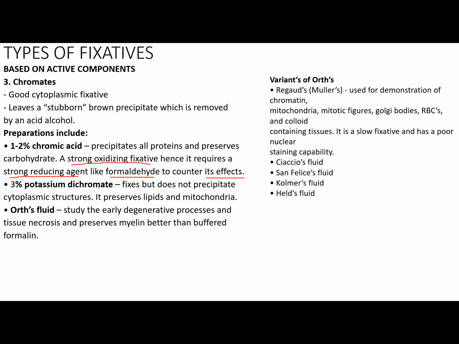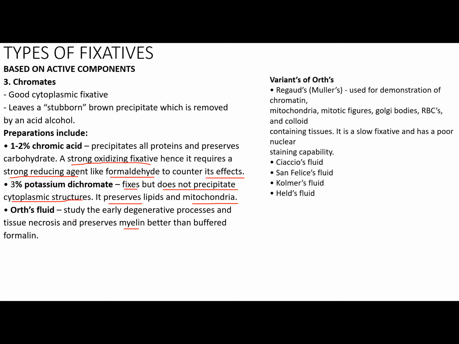Then we have your 3% potassium dichromate, fixes but does not precipitate cytoplasmic structure. It preserves lipids and mitochondria. Then we have your Orth's fluid, studies the early degenerative processes and tissue necrosis, and preserves myelin better than buffered formalin. So si Orth's fluid yung class, ginagamit yan sa mga tissue samples that came from degenerative disorders and tissue necrosis. Now, the variants of Orth's fluid class would include the following, yung Regaud's or yung Muller's, used for the